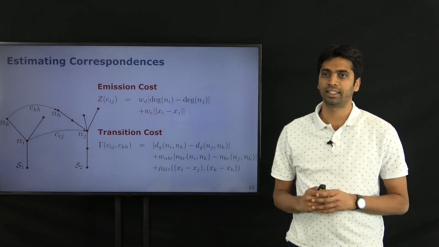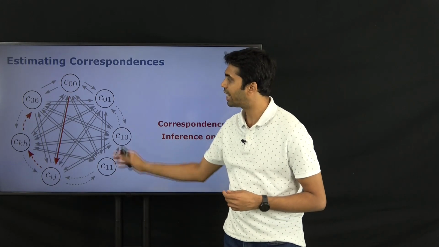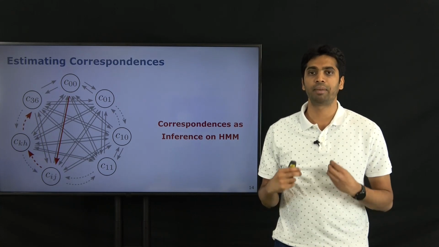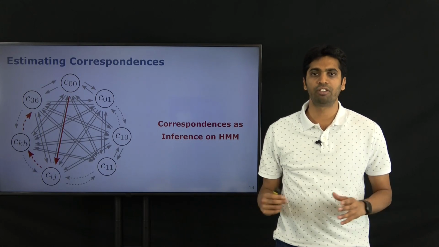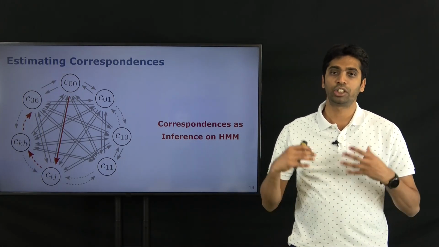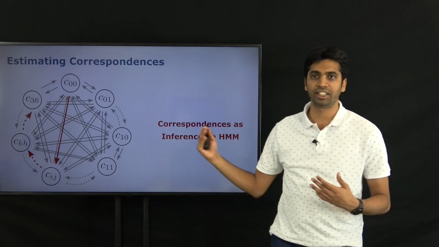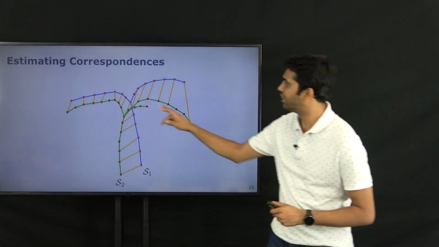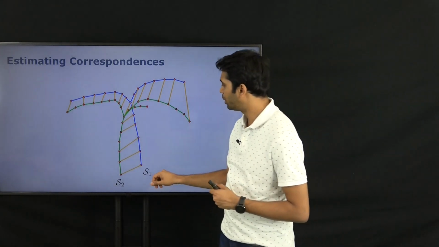So once we define these costs, we basically compute them for all possible correspondence pairs and end up with a model like here. And then the correspondences are basically given by an inference on this hidden Markov model. So in our work, we use the standard Viterbi algorithm to perform this inference. And the solution to this inference is the set of correspondences which lower the energy that we just mentioned. So what we would end up with is basically these yellow lines, which are the estimated correspondences between the skeleton